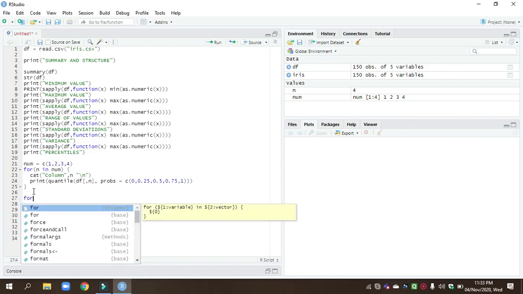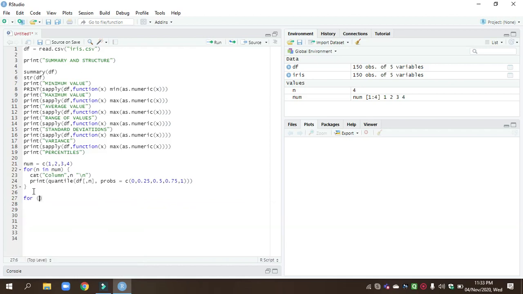For n in num, again we are taking n in num. In that we have to implement the histogram.